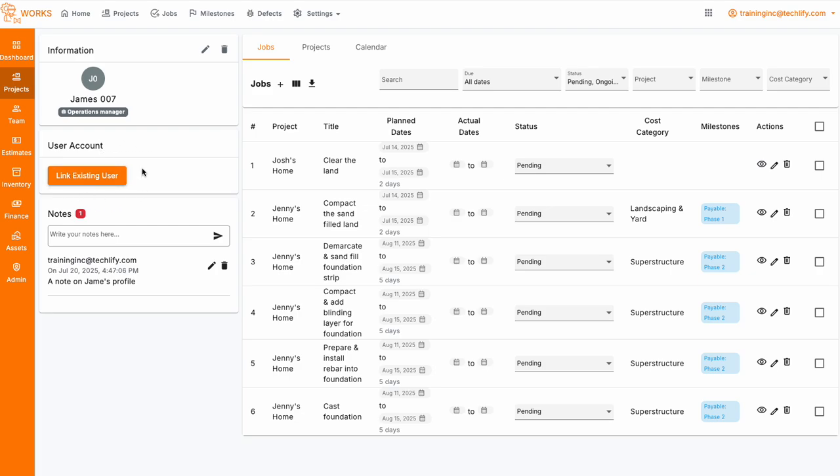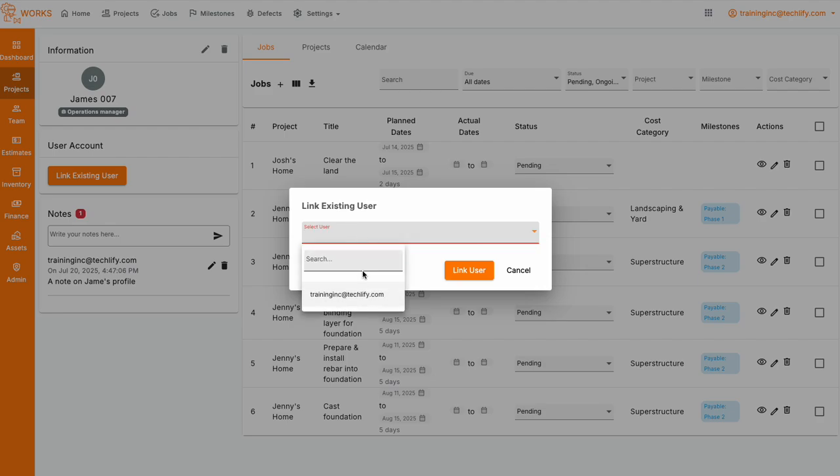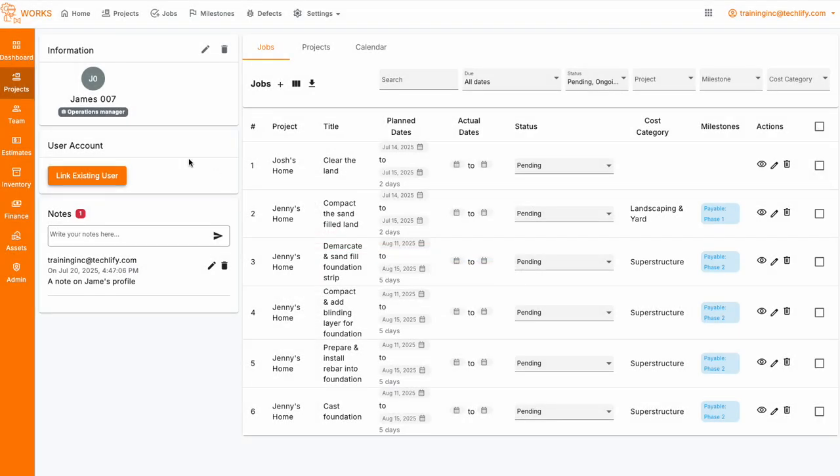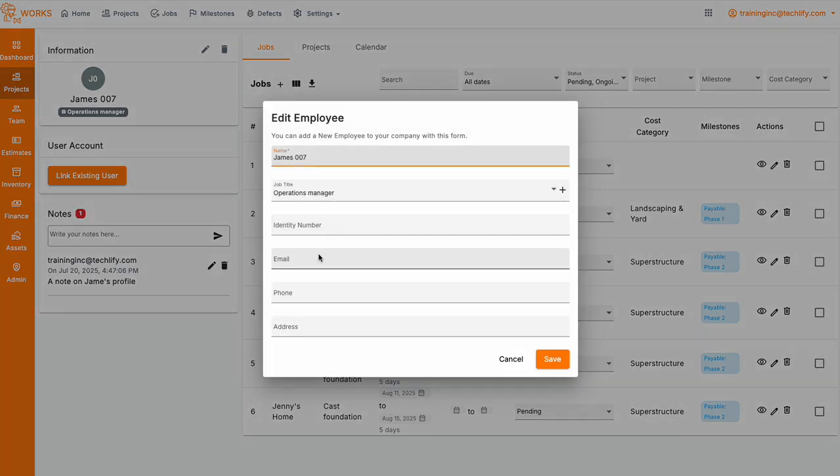Now, there are a couple of options that come up on the user account management. Linking an existing user. So if there's an existing user for James, you can link it here. Of course, we see there's no user for James. So we want to create a new user. In order to create a new user, you need to have an email address set out for James here. So let's say James at